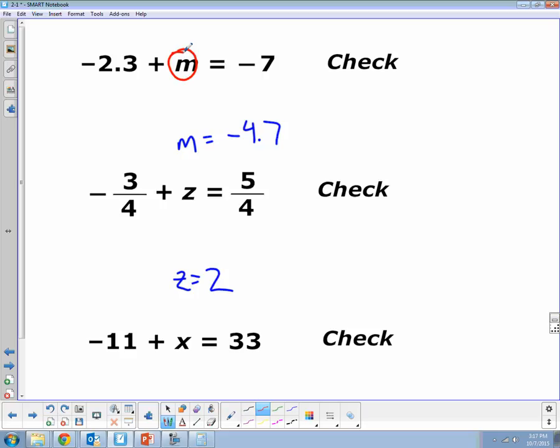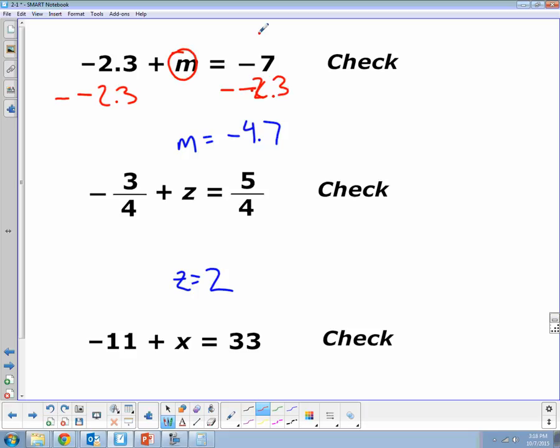And one of the ways we had to do that was to subtract, because the opposite of plus is to subtract. And so we subtract from both sides of that equal sign. We're going to do the same thing to both sides, so keep it equal. And we're going to subtract whatever this number is. So we're going to subtract negative 2.3,